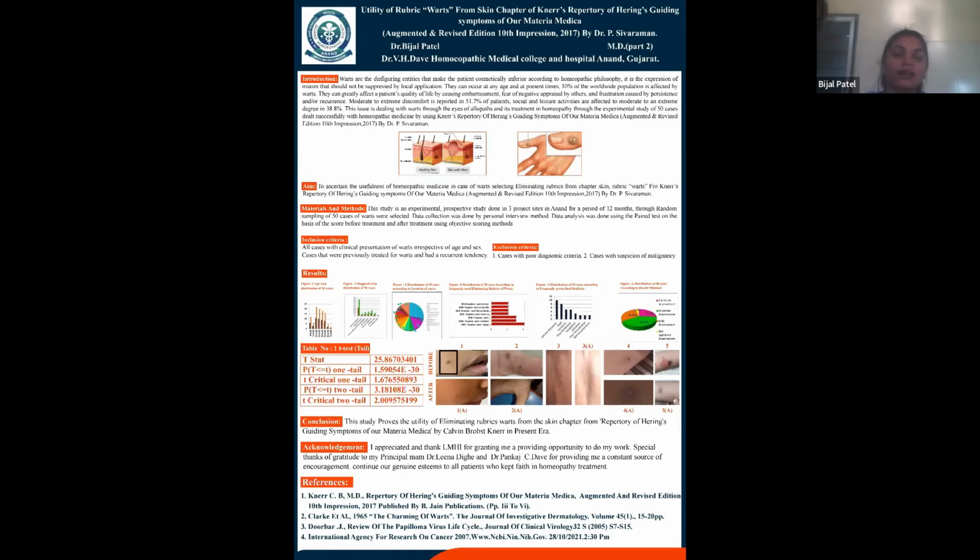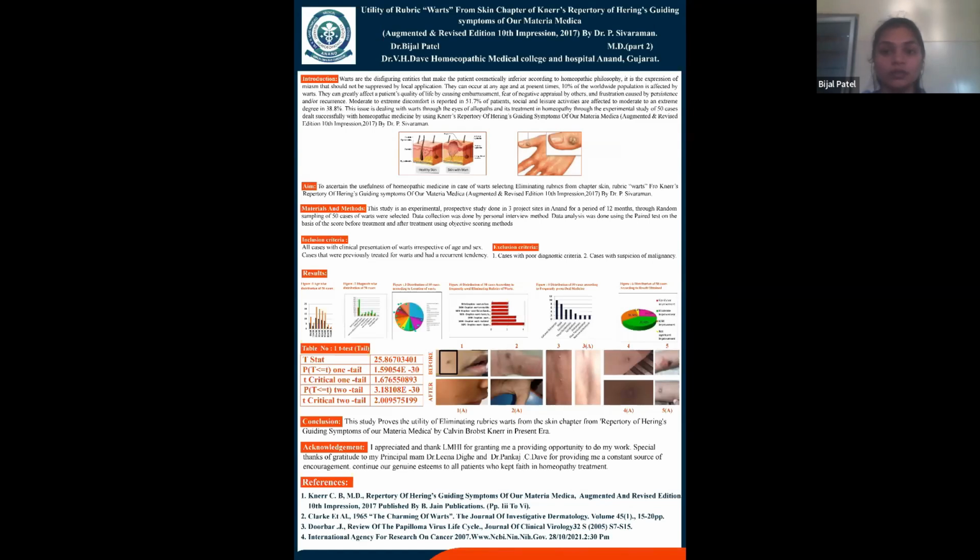In the present era, skin is a very major concern in people's lives. Among skin conditions, warts are disfiguring entities which make persons cosmetically inferior. According to homeopathic philosophy, it is an expression of an internal miasm, which should not be suppressed by any local means. My topic name was utility of rubric warts from skin chapters of repertory